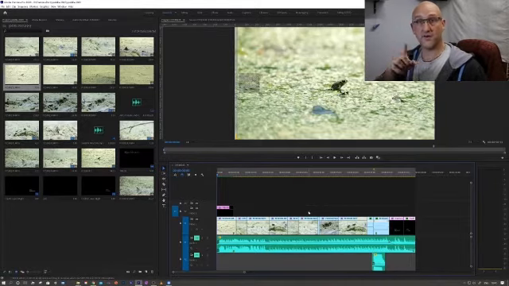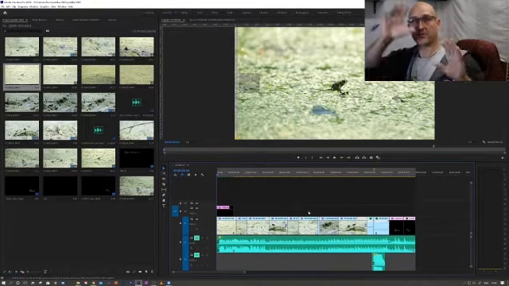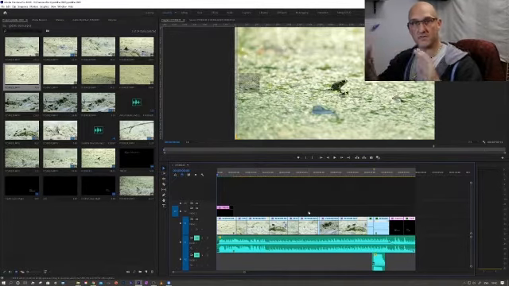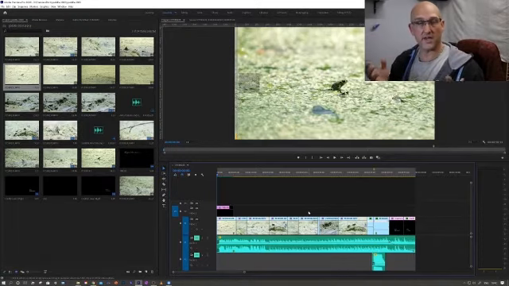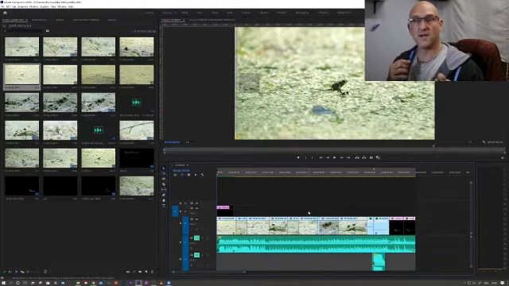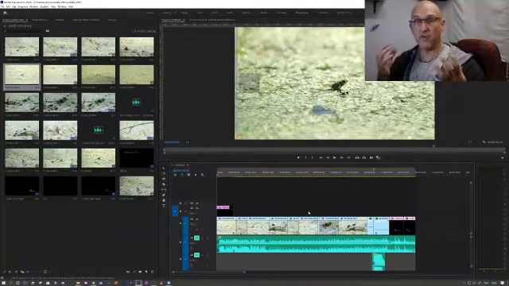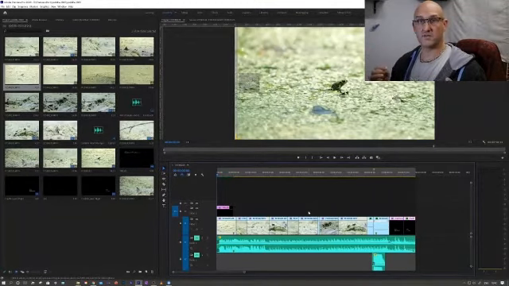Your eyes are focusing not just directly in front of me on the camera, they're also looking at all the things in my periphery. There's lots of stuff going on here, and the eyes are taking this all in, but your brain can't process all of that information in one go. The eyes are taking in more information than your brain can process. So your brain makes assumptions.